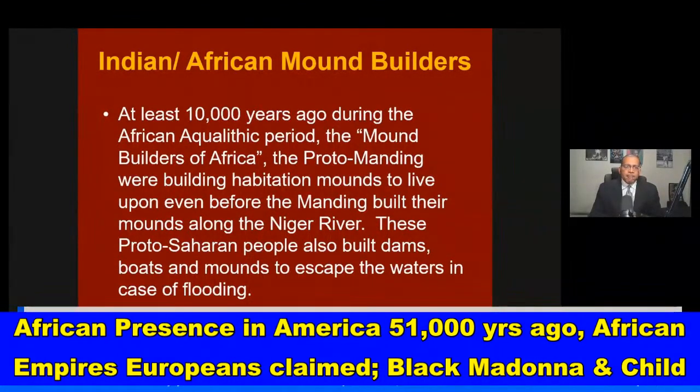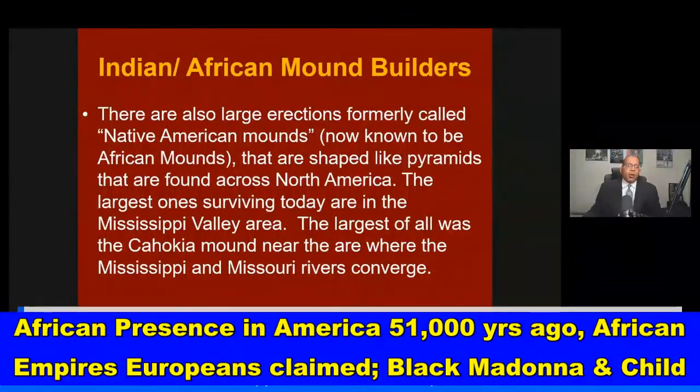These Proto-Saharan people also built dams, boats, and mounds to escape the waters in case of flooding. There are also large erections formerly called Native American mounds, now known to be African mounds, that are shaped like pyramids and found across North America. The largest ones surviving today are in the Mississippi Valley. The largest of all was the Cahokia Mound, in East Illinois, near the area where the Mississippi and